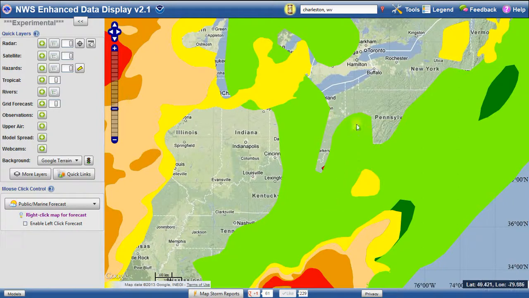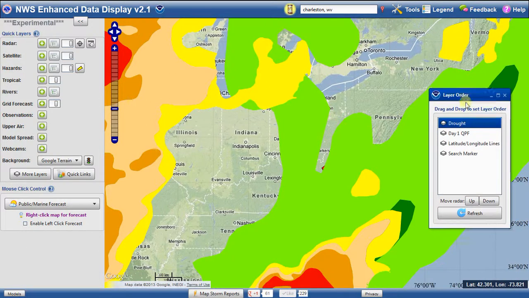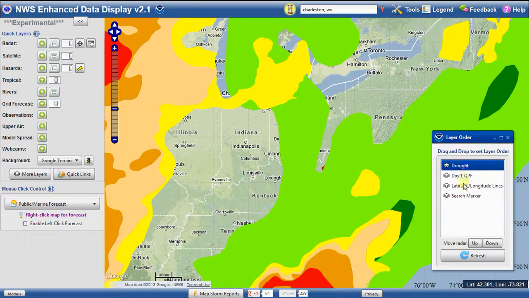Well, I can do that through the Tools menu if I select the Change Layer Order selection, and it will bring up this small window. And this is where I can change the order of the layers. Notice that the drought is on top of the list, meaning it is on top of the stack of layers